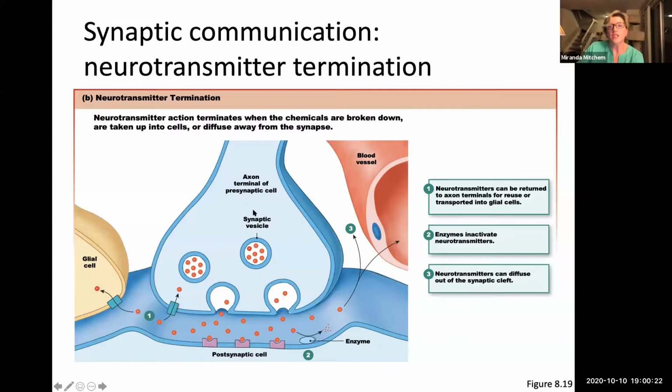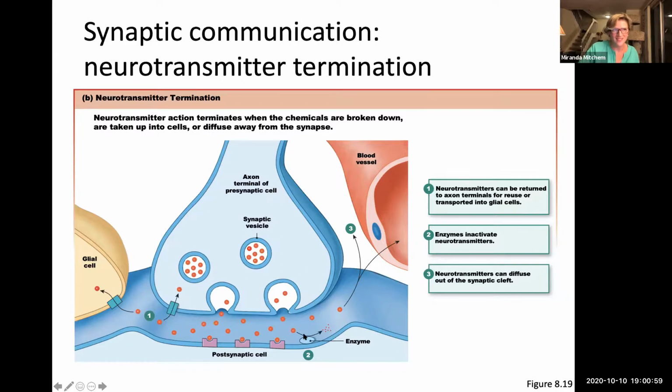Okay, an additional action potential will lead to the release of more. So here we have showing how neurotransmitters are recycled. We can have them picked up by the glial cell or directly by the presynaptic neuron, which can package it right back into a synaptic vesicle, providing that it still has the correct structure and function. So we see the example of an enzyme here that is digesting